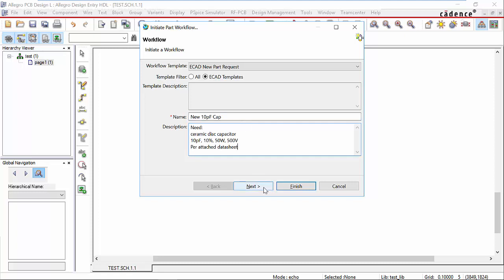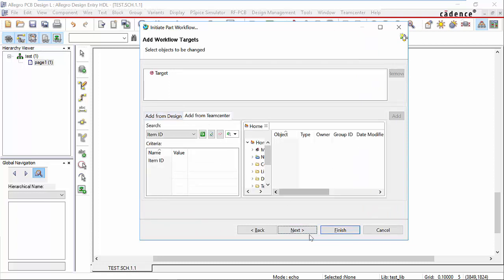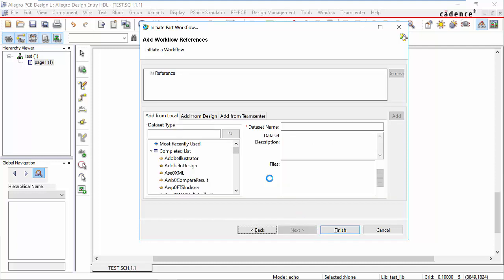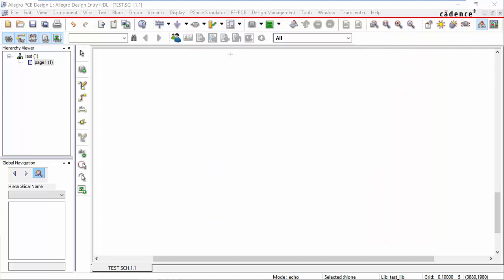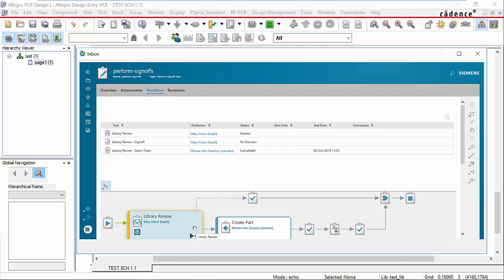So we'll enter information. We can also attach existing components either from the design or from Teamcenter to use as reference or as part changes. And we can also attach files to the request to help describe the component we want. We'll finish and the request will be submitted. And we can use our inbox to check the status of the workflow and see that it is at the